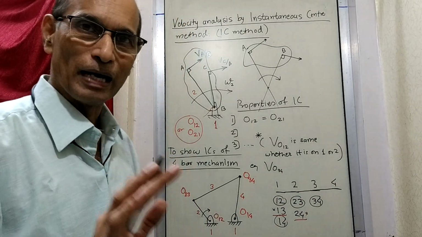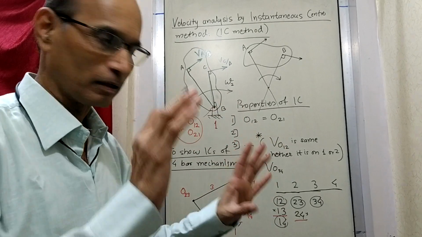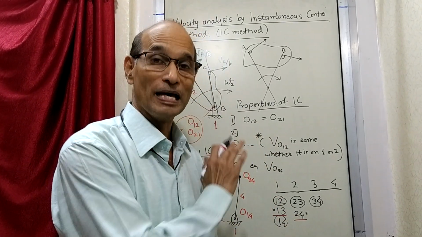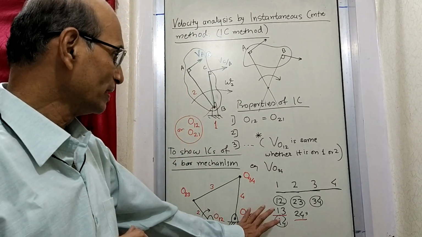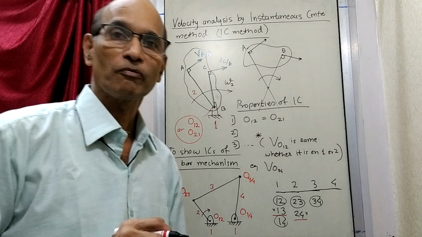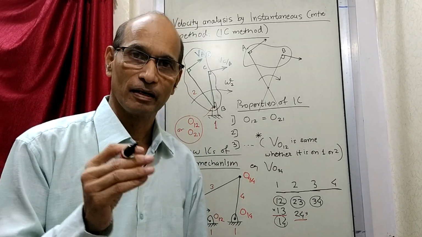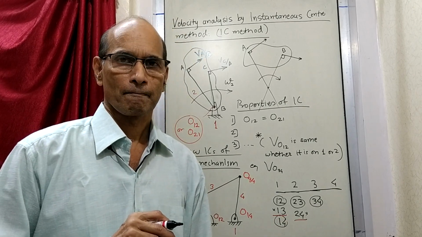So at the moment we are coming to this much, and at the moment let us say we are stuck here. We don't know how to find out these 2 centers which are also there. So we have come up to this. Now at this stage we are going to make use of one theorem which already exists, and using that theorem we are in a position to find out these 2 centers.